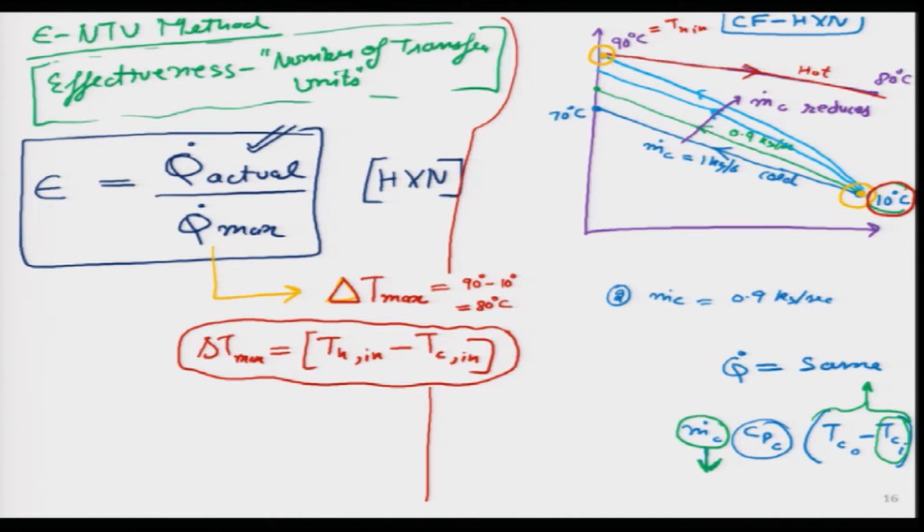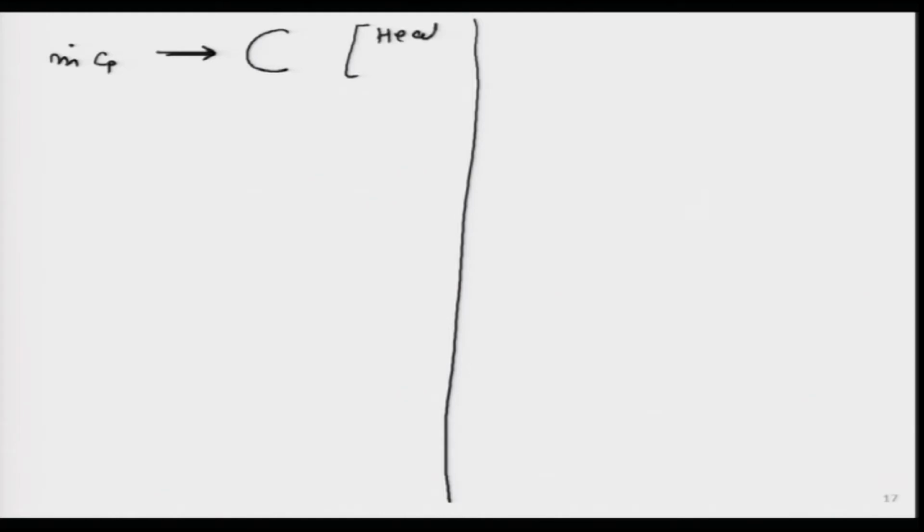And how am I going to do that? Let me take another step. I am going to write q dot max, maybe I will use the next page. Can I do that? Let us do that. I will take a fresh page over here. Okay. And one more thing I want to define before I go further is a small parameter, which is m dot into Cp of anything, I can define with a capital C, and this one I am calling the heat capacity rate.